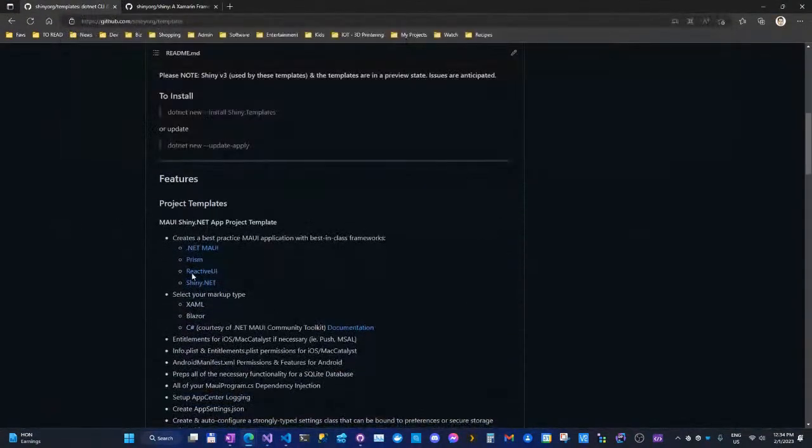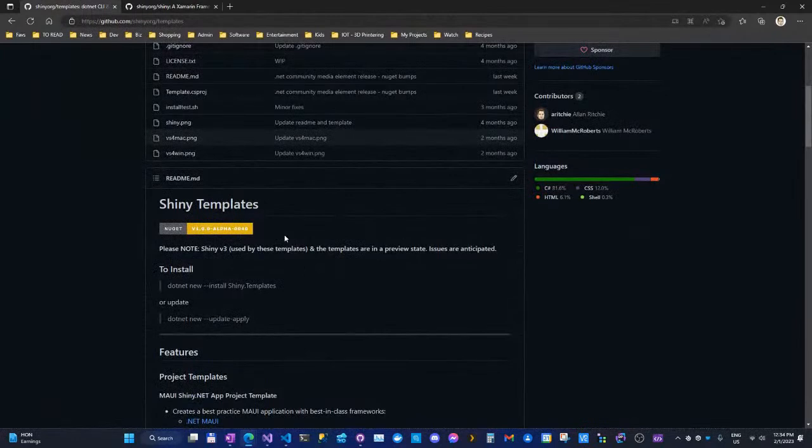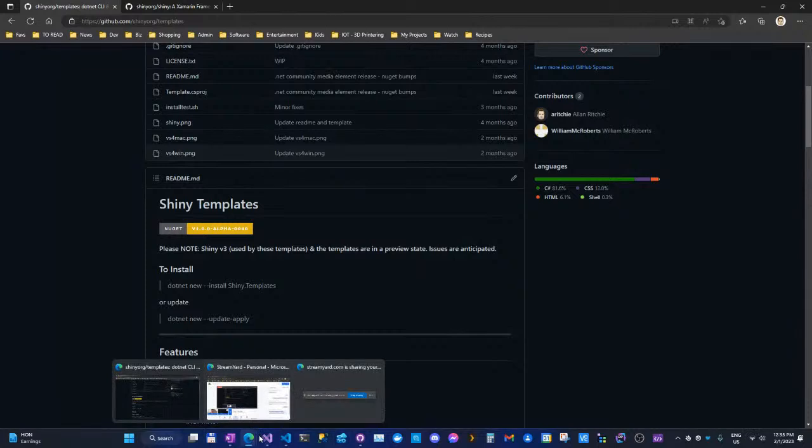Okay. But there is a nice project here. Hopefully we can see that. I can make the font bigger if I have to, but I'll send it in the chat after. This became necessary because it helps you absorb all of what Shiny does in terms of plugins, features, as well as a lot of the ecosystem. If you're writing Xamarin applications, or in this case, Maui applications, this thing does a lot. So I'm going to pull that up.